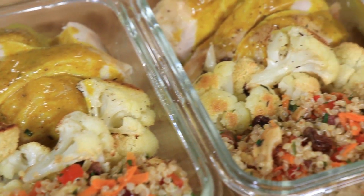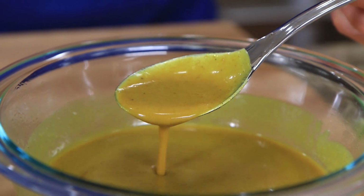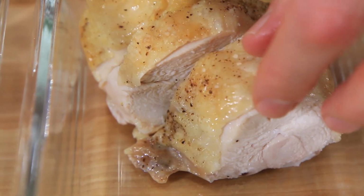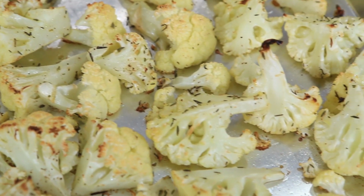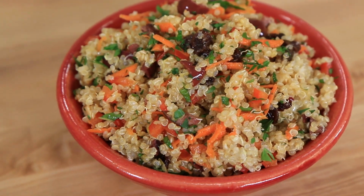What up, food fans? It's Bobby, and today I'm gonna hook you up with some delicious chicken meal prep because it's Sunday, we need all our meals for next week, and you're gonna love this healthy and delicious recipe. I'm making a coconut curry sauce that is creamy and dreamy. We're gonna smother that all over some oven-roasted bone-in chicken breasts. Serve that with roasted cauliflower, which you're gonna love, and a quinoa, raisin, herb, and veggie salad that is downright